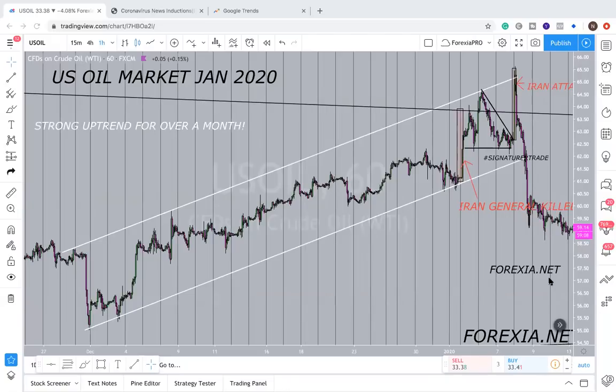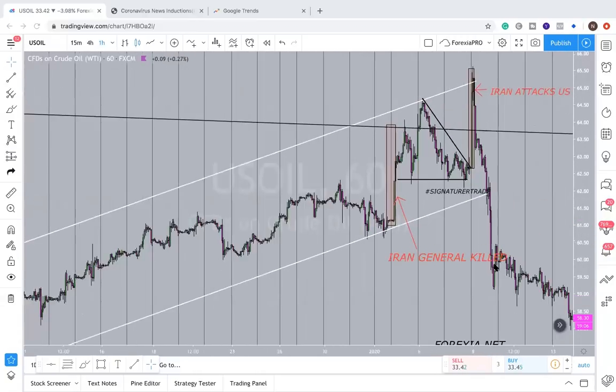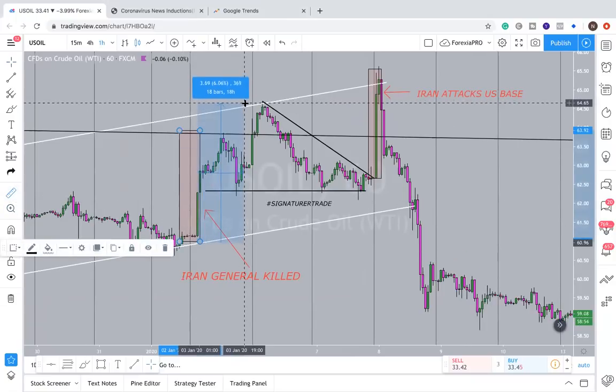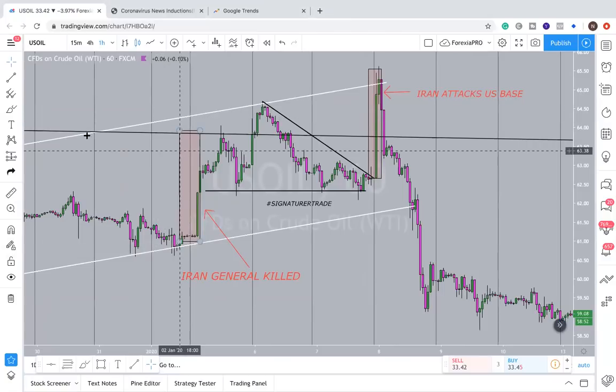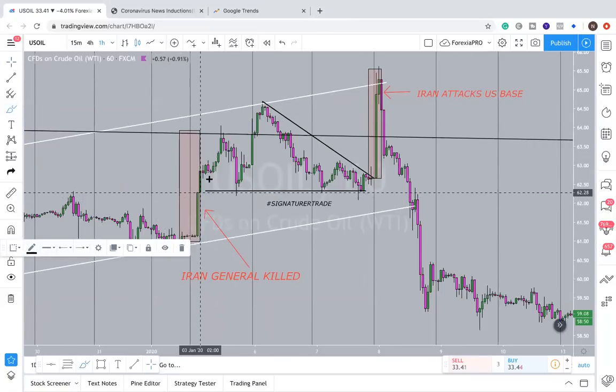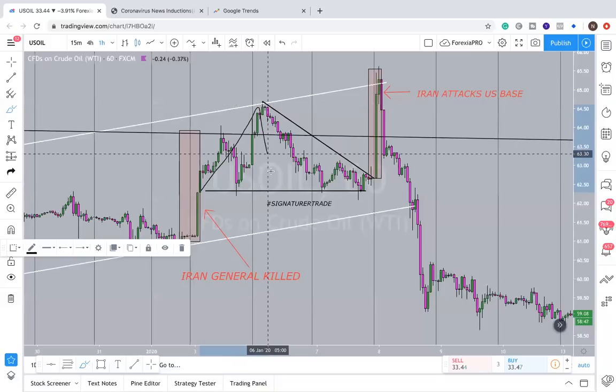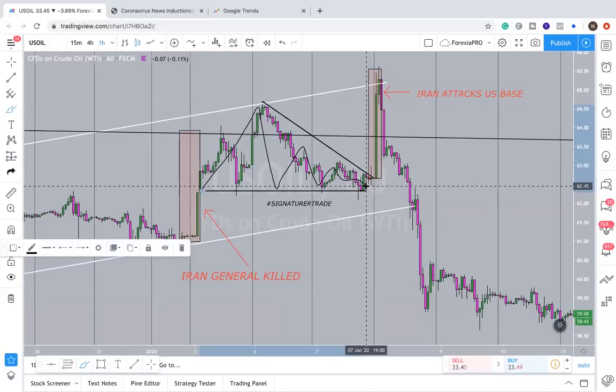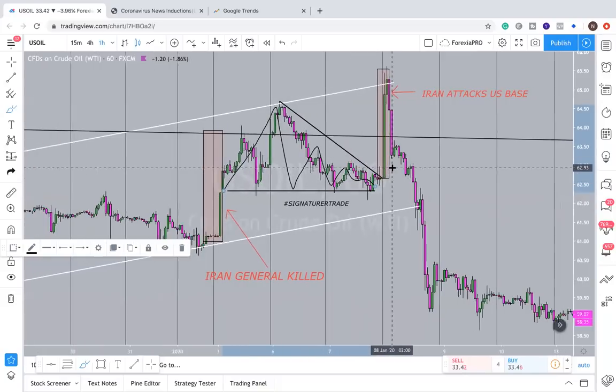A worldwide news event. The Iran general was killed right around January 3rd. A massive spike up occurred in oil, right? This created the body of that signature trade wedge pattern. Now, right after this, about 3 or 4 days, 5 days after,